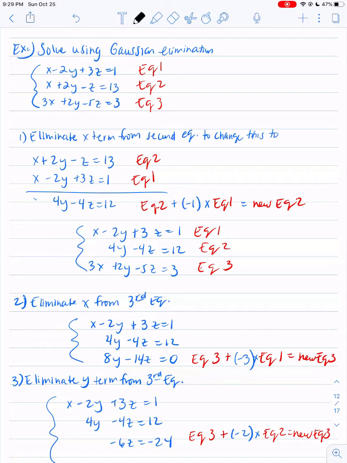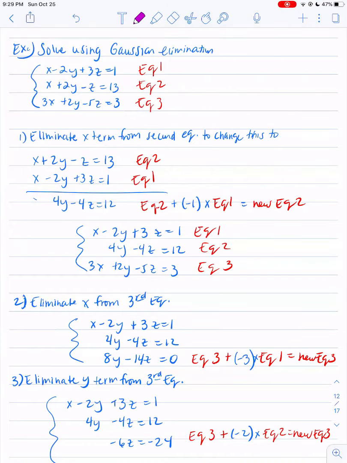I have x minus 2y plus 3z equals 1, which is my equation 1. So I'm going to keep my equation 2, but I'm going to multiply equation 1 by -1 to cancel my x term. And then that's going to give me my new equation 2. So if I multiply equation 1 by -1, I'm going to get,